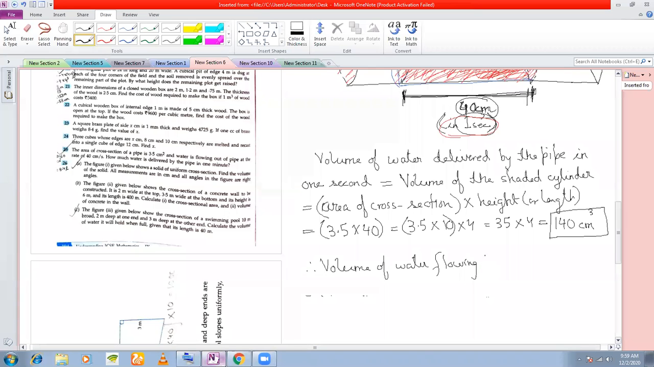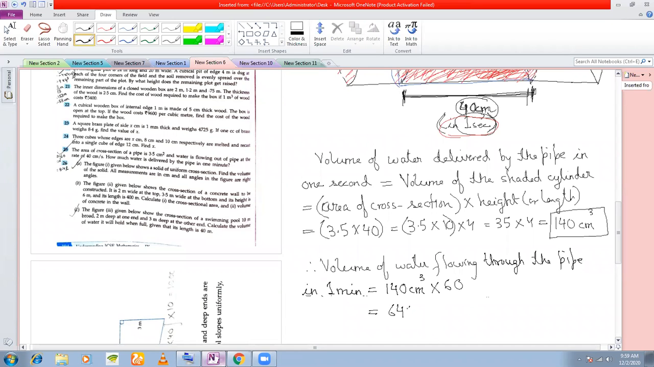Therefore, volume of water flowing through the pipe in 1 minute. That was the question. So in 1 second it is 140 centimeter cube. Therefore, in 60 seconds it is 140 into 60. Okay, so this is